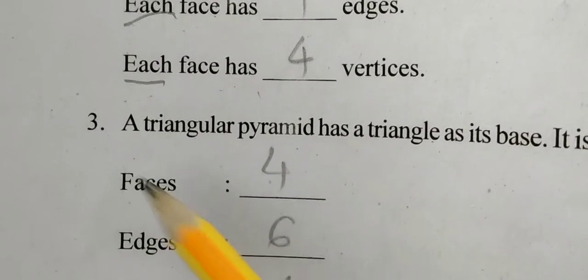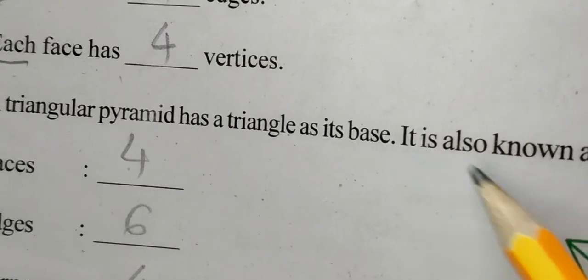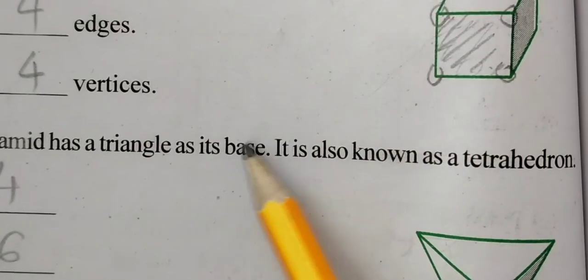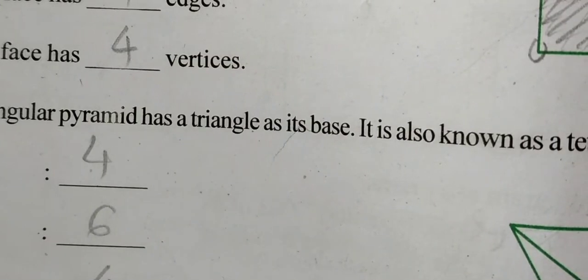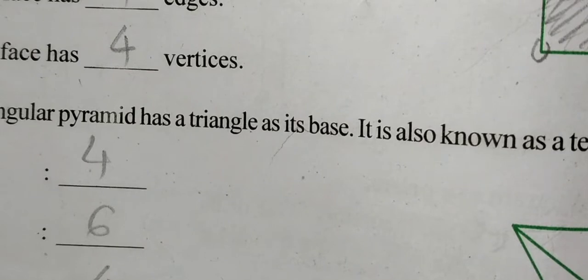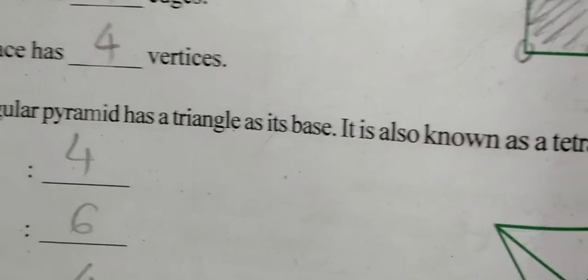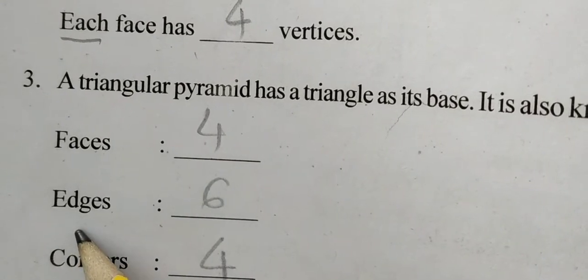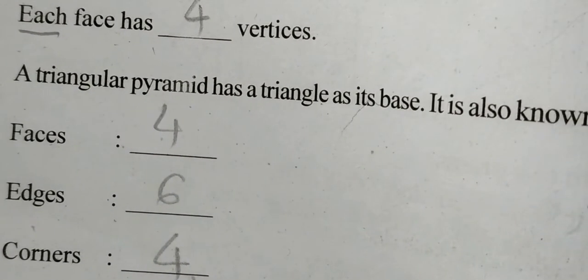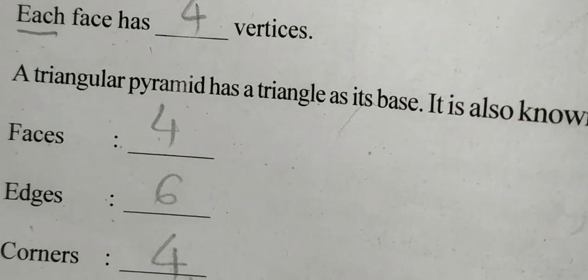Understood? So in this way you have a triangular pyramid, has a triangle as its base, and it also is known as tetrahedron, right? Tetrahedron faces, how many faces? 4, 1, 2, 3 and 4 at the back, and even 5 actually it is. The other side also you have to see, and 3 sides are the triangular pyramid, 1, 2, third side over there, 3, so 4 faces are there. Then edges, 6 edges, 1, 2, 3, 4, 5, 6 edges are there.